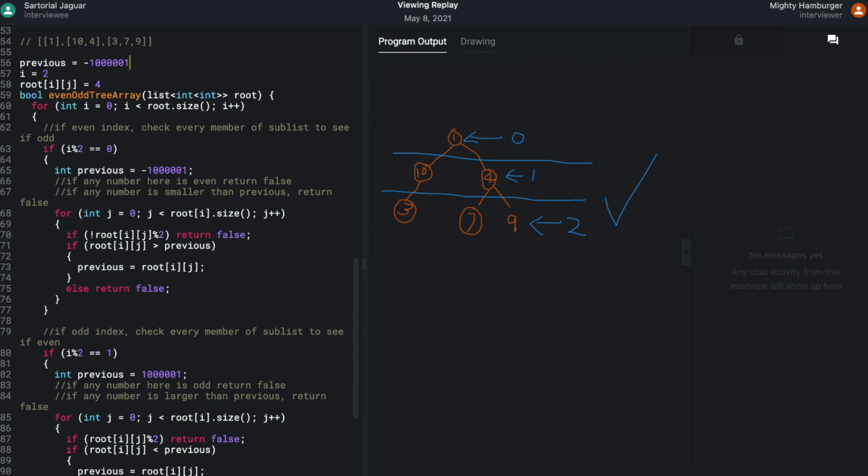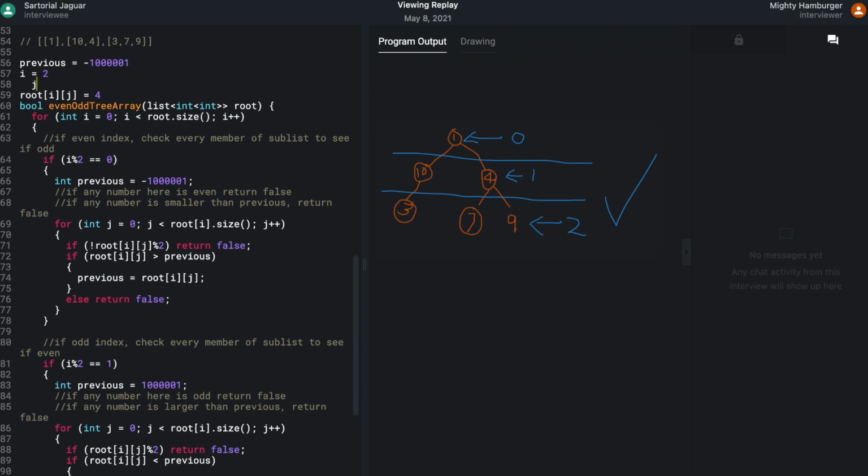j is created. And root ij is 3. 3 modulo 2 returns 1. So we're good for this check. 3 is bigger than negative 1,000,001. Previous equals 3. Increment j.